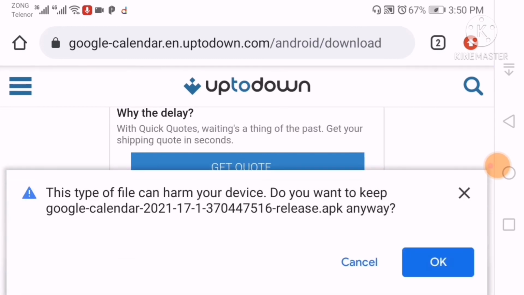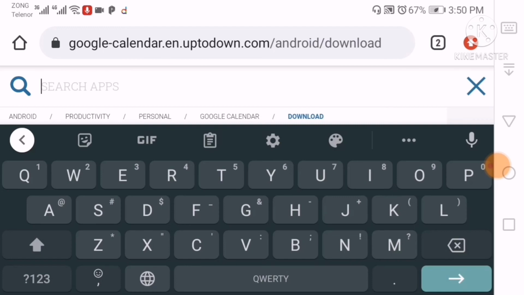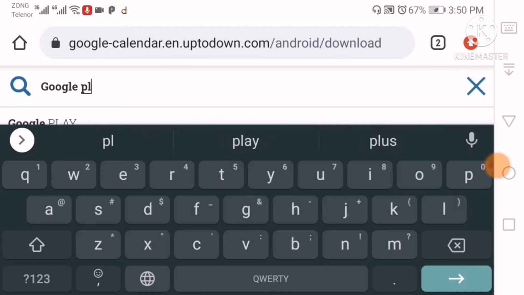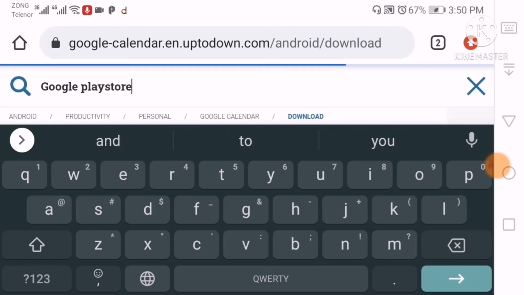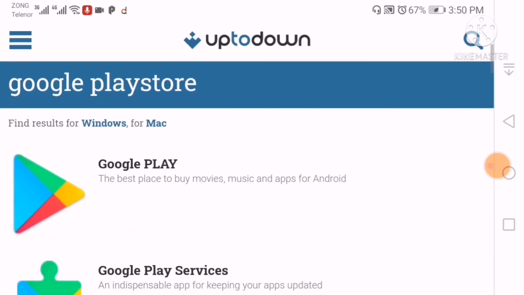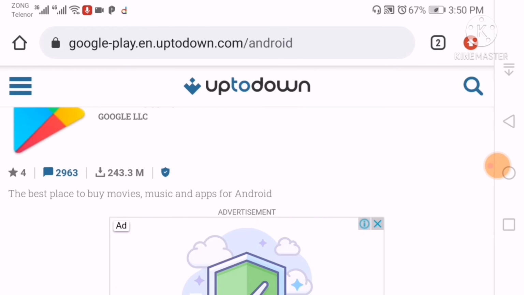After this, installation will begin. Download will begin. You can click OK and download this and install in your mobile phone. At the end, you can search Google Play Store in uptodown.com. So after installing other missing apps, you can install Google Play in your mobile phone, and hopefully everything will work